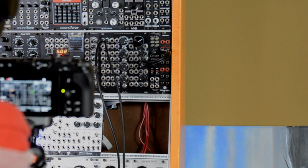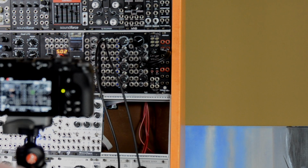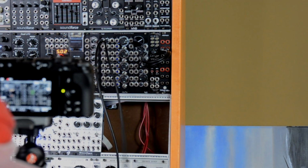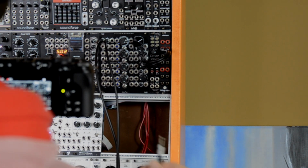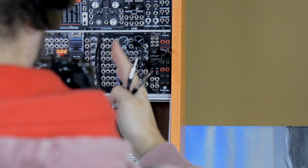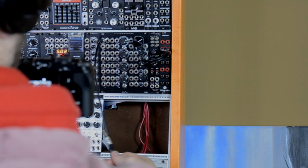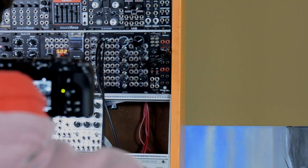You don't want to use a stereo frequency shifter, you want to use ring modulation. And then sometimes it can get so very confusing to figure out which cables to unplug. So one way to tackle this is to not patch your frequency shifter or ring modulator or whatever in line with your signal. So by just sending in my basic sound, I can now try out how this will sound,